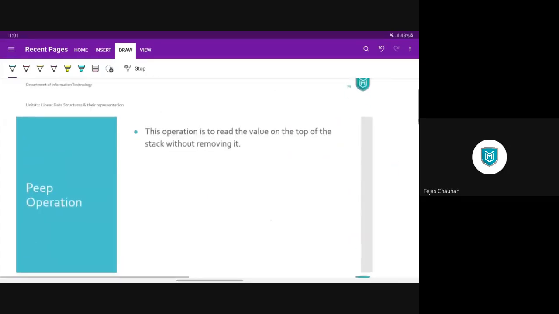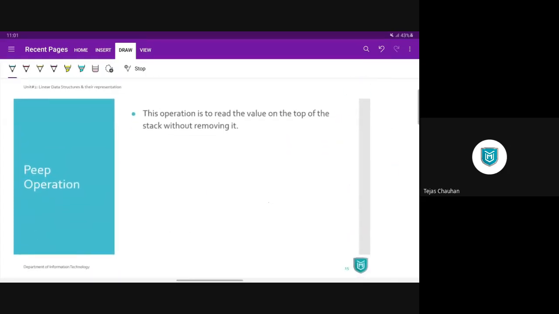Next, we want to see the pip operation. Look, the pip operation is not going to change anything within your stack. It is just going to check what the topmost value is and return that value. It will not delete it.